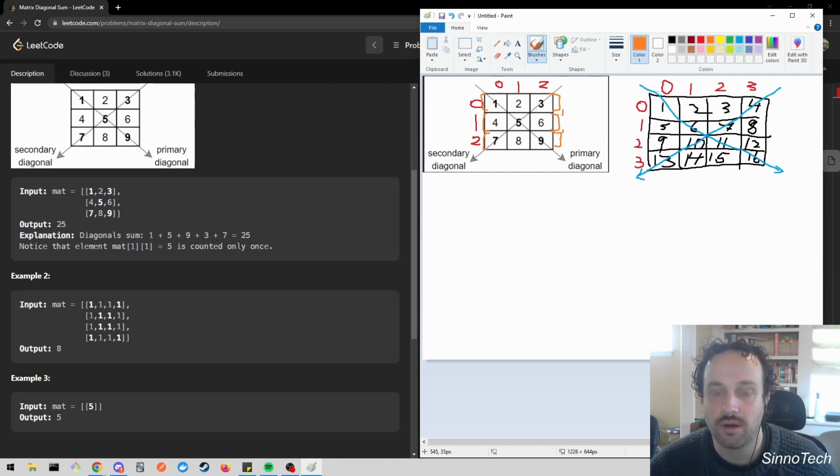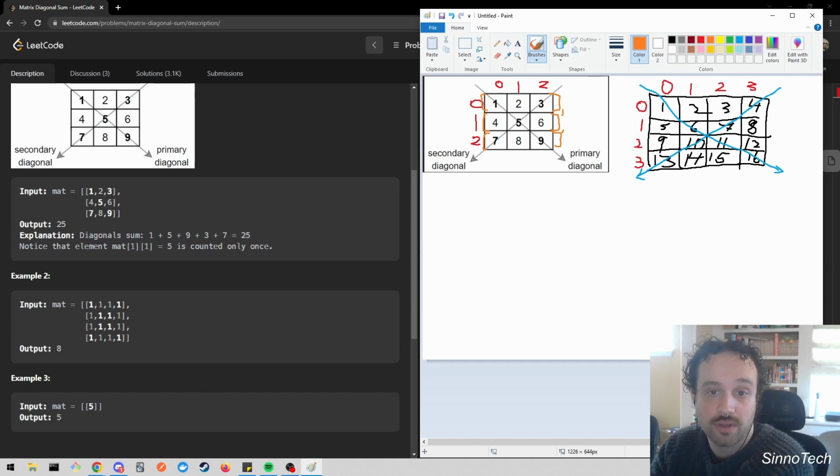We need to add on this new array that I have here on the side, we need to add 1, 6, 11, 16, 4, 7, 10, and 13. And that's how we would end up coming up with our solution. And none of these things overlap. So you would have to determine